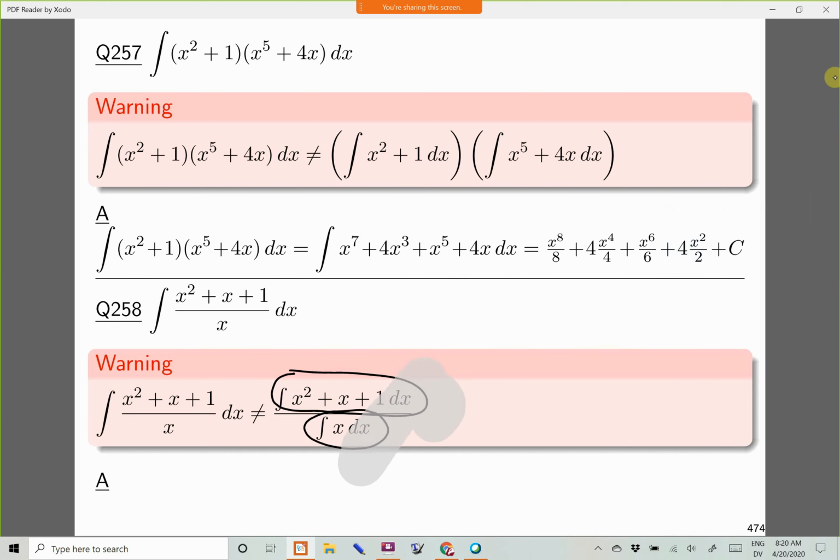That's what's shown here circled. So the circling is actually getting away with ignoring the fraction line. That's not a thing. So this is a not equals. That's the warning. If you have an antiderivative of a fraction, you can't just split things up into 2 separate antiderivatives. Think again of the analogy: when you have a fraction you need to differentiate, you can't just differentiate the top and bottom separately and call it a day.